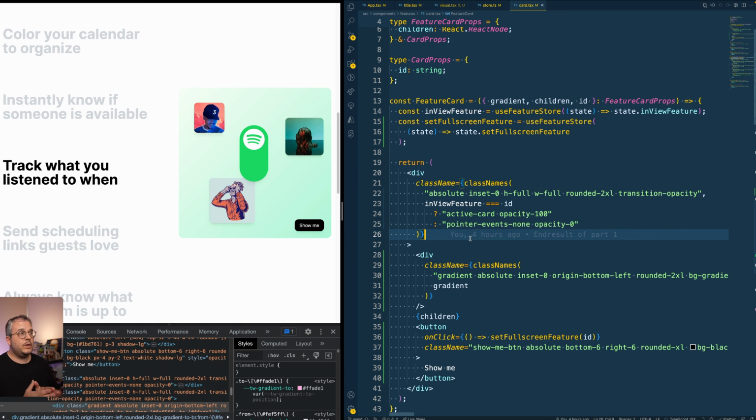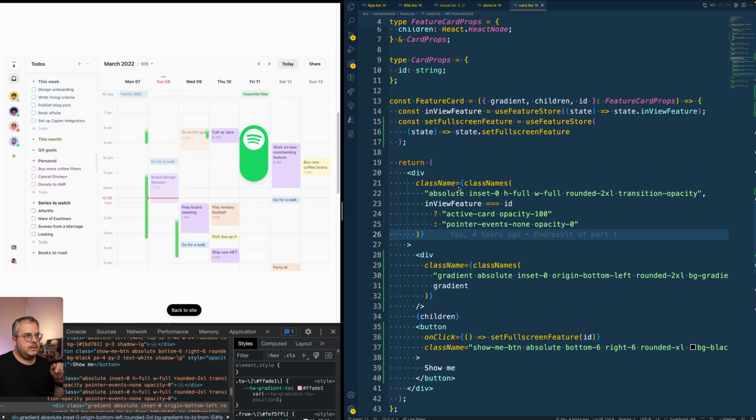And that leaves us with one thing left, and that's probably the coolest animation. That is moving the Spotify logo from one place to the other place. And you could simply move it to the left and down and scale it to get it in the right position. But I actually want to show Framer Motion's layout transitions here and let Framer Motion do this for you. And for that to work, we first need to also add this Spotify element to the full screen image as well. So let's go back to our card